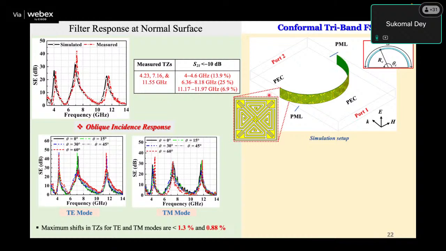In the conformal FSS, you make the structure conformal like this, and you take the unit cells from here. Once you take the unit cell from here, what do you see? The unit cell, the whole structure, has to be conformal with respect to these angular incidences, like the critical angle. What are the keywords? This part is very important, because a normal FSS surface has some applications, but whenever you make a conformal FSS, most of the time the application is